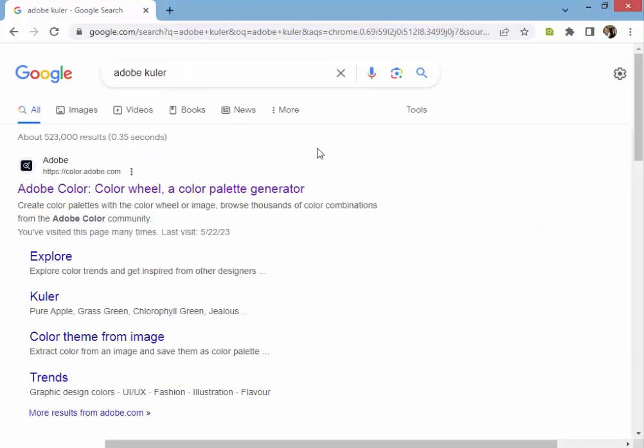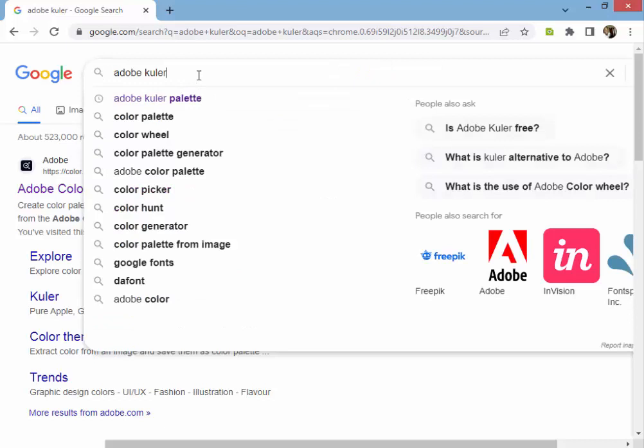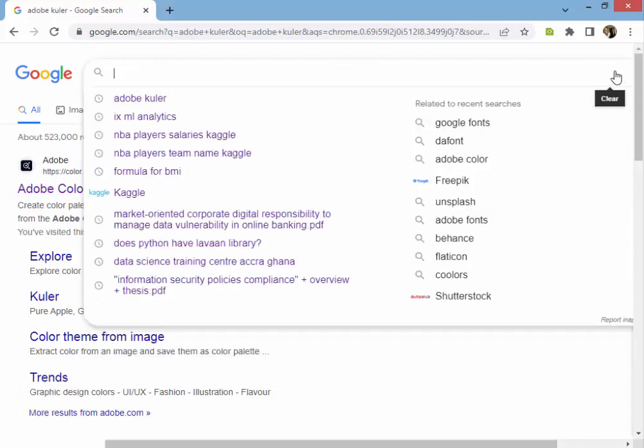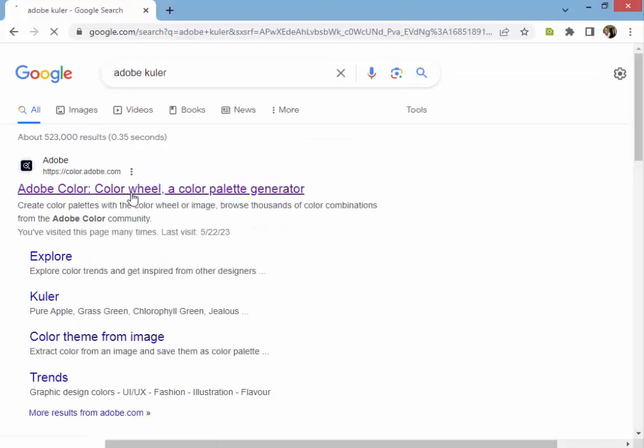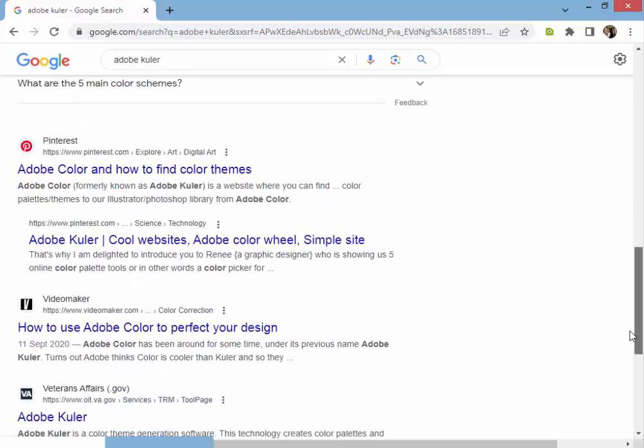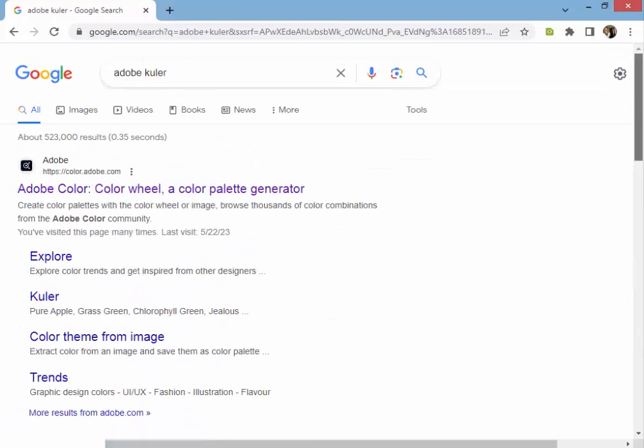Okay, so now my screen is shared, so you can see my screen now. You type Adobe Color and you get these results. The first one has no advertisement, but it is the first and the best. So the first option,